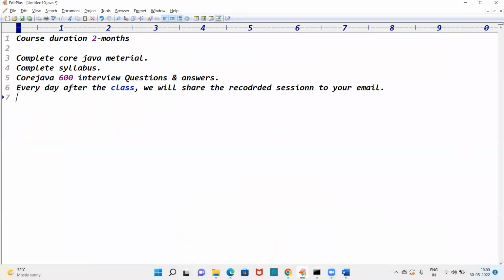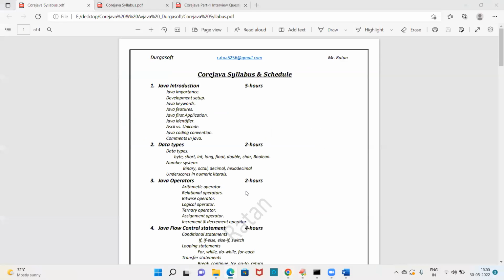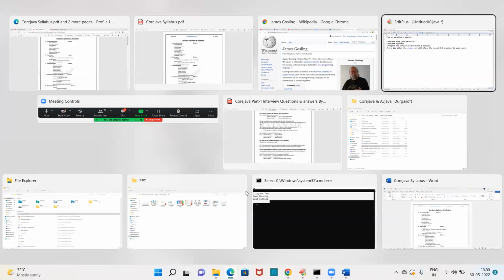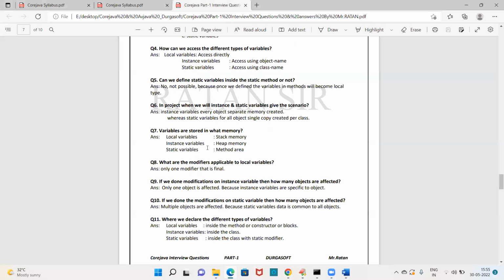See, read this answer. This answer is enough for that question. Yeah, read this answer for the sixth question. Can you read this sixth question once? Instance variables, every object separate memory created. Instance variable, then what happened here? Instance variable, every object